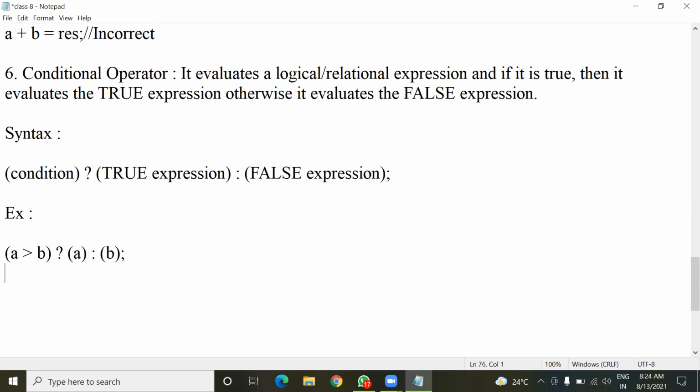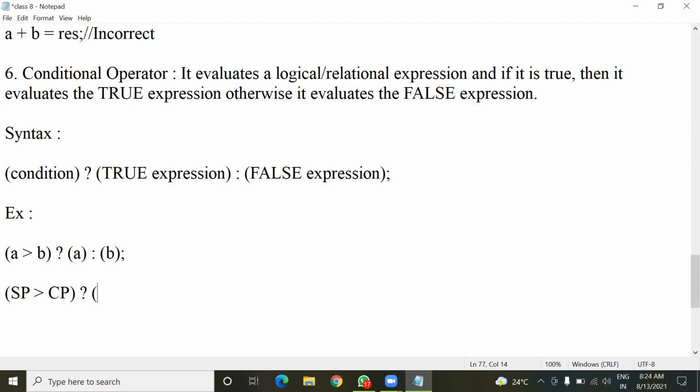Now let us take another example. If we have to find out profit or loss happening in a transaction, we can use the conditional operator. For example, if I have two variables named SP and CP, SP for selling price and CP for cost price, I can write a condition like this: SP greater than CP. Now after this, I'll put a question mark. And if it is true, meaning SP is greater than CP, in that case, what happens?